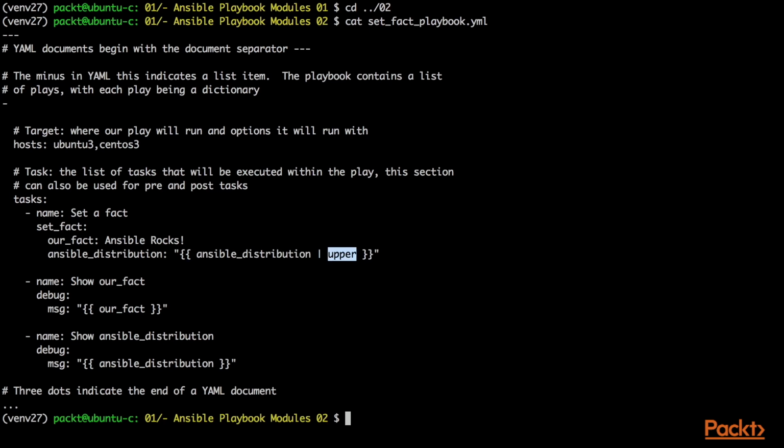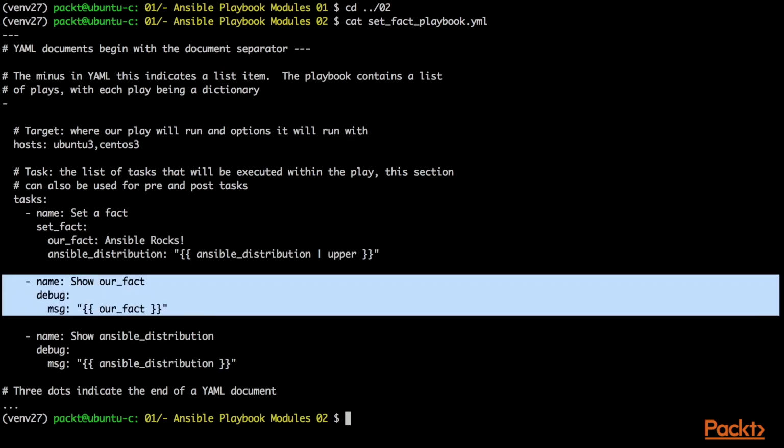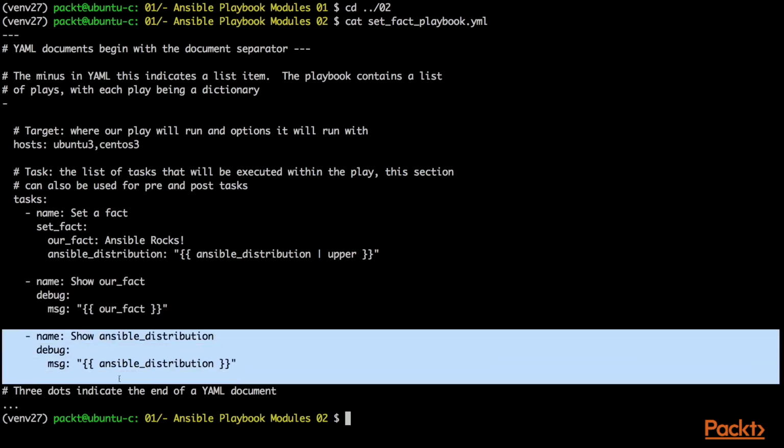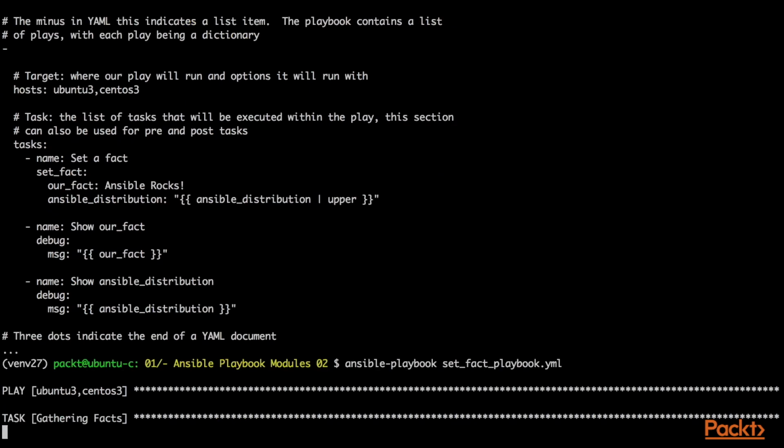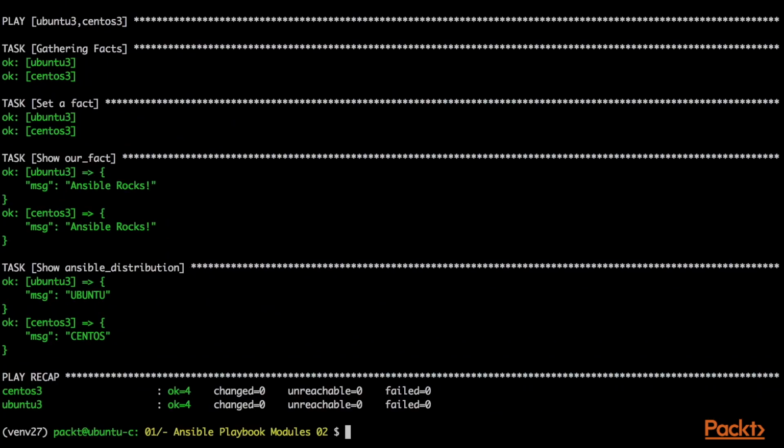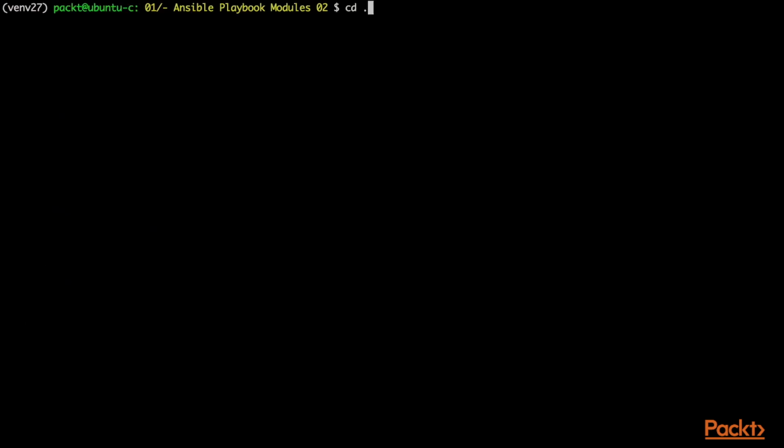And just here we are showing our different facts. So that's going to be the first fact that we're setting. And this one is the ansible_distribution. So if we run that now, okay, great. You can see there we have Ubuntu and CentOS, and owing to the filter that we've used, both of these are in uppercase. If we go into the next revision,